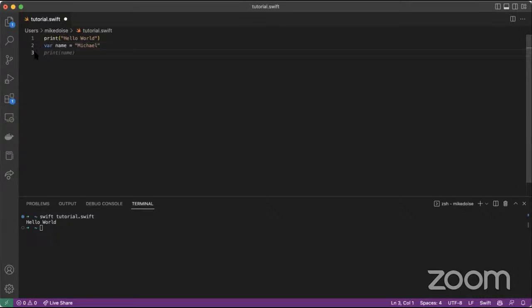Var means that the variable can be changed. So I can then say name equals double quote Taylor. And so when we print the variable,